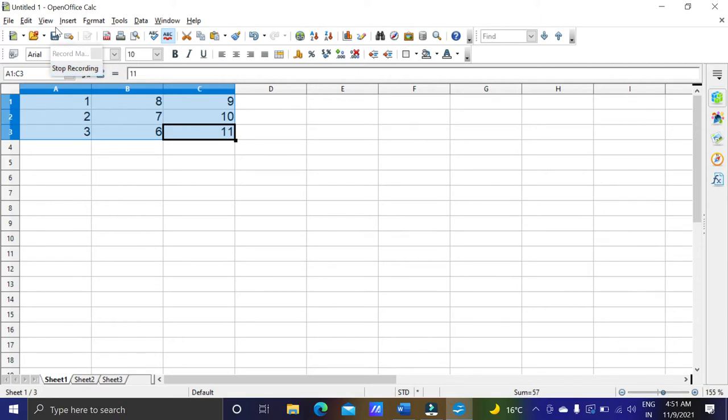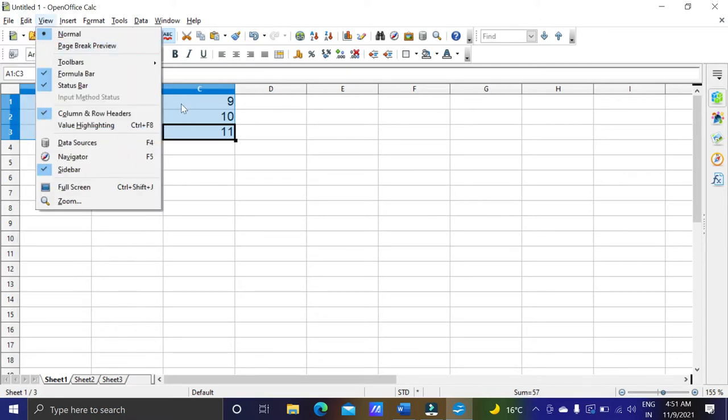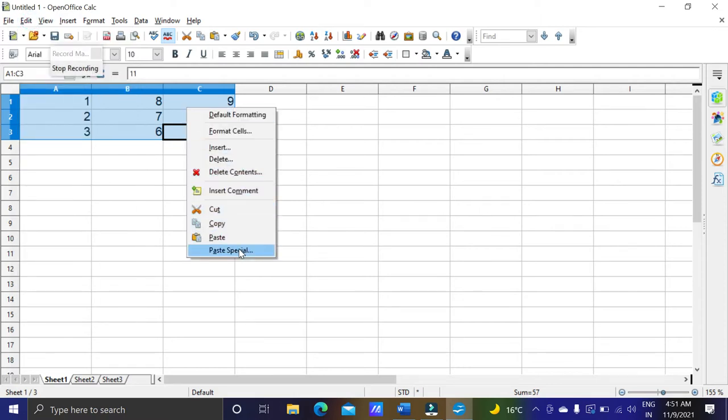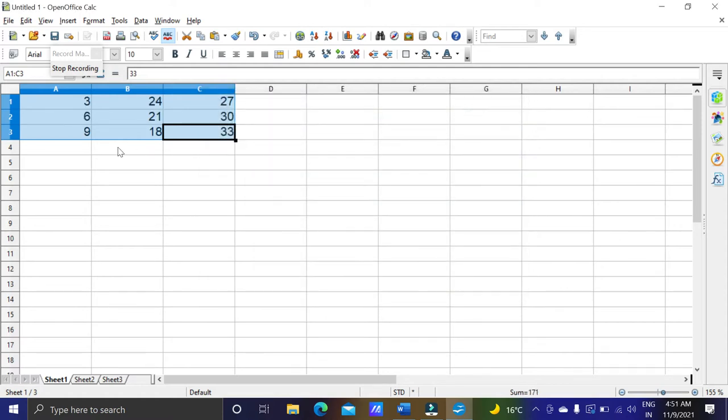I will click on Edit, and here we have the Paste Special option, or I can right click and I will get this option, Paste Special. Wherever we want, we can do this. Here we have Paste Special, and here we have the option of Multiply. If I select Multiply, it will multiply all the numbers with 3. Then I can click on OK, and you can see all the numbers got multiplied with 3.